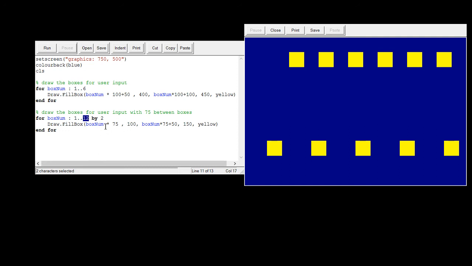So box num, the first box, is getting multiplied by 75, and we are over 75. But the second time we draw a box, we're not multiplying by 2, we're multiplying by 3. So in a sense, we are skipping that second box and jumping right into the third. We've left space in the middle. So I hope this helps. And if you want to make an even greater space, you could change this number and go up by 3,